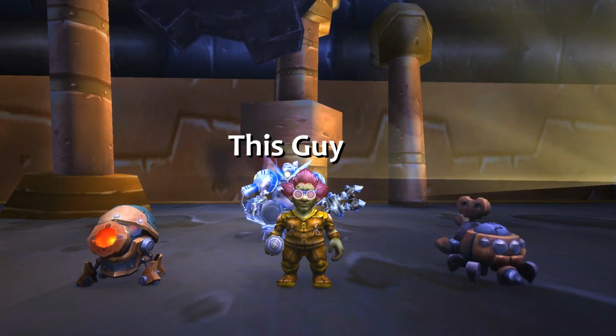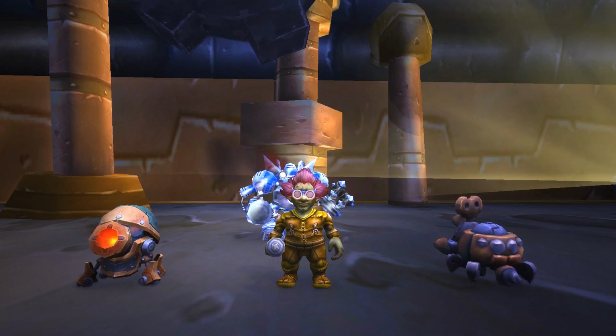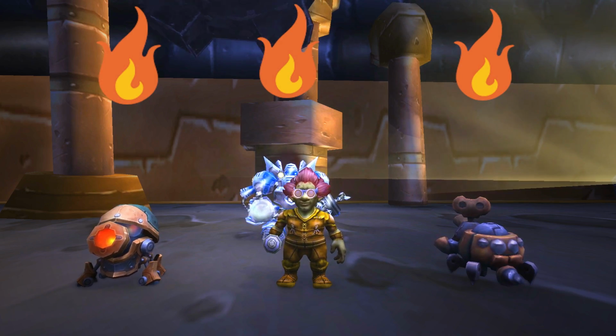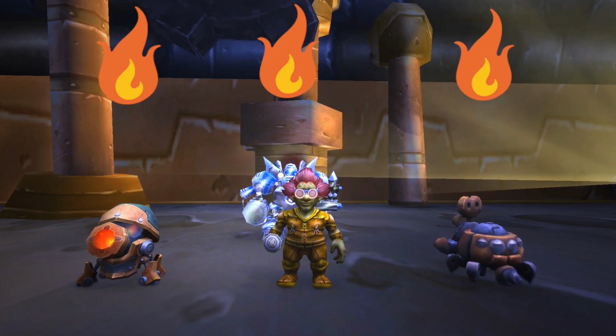His first pet has this hammer move that he spams, which makes this encounter straight up not worth trying to 2-pet. There's a huge list of better tamers to level your pets on, so instead we're going for speed. I recommend choosing 3 elemental pets with elemental damage. Pretty much whatever will do, but because of the swap-happy nature of that first bro, I'm choosing 3 pets with